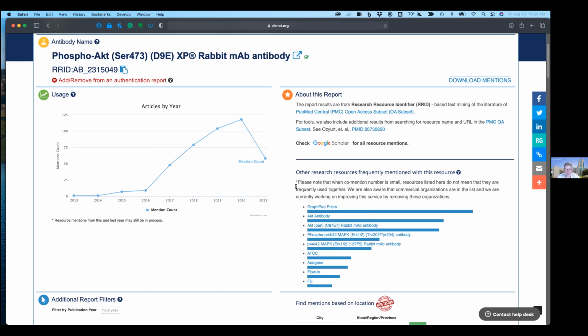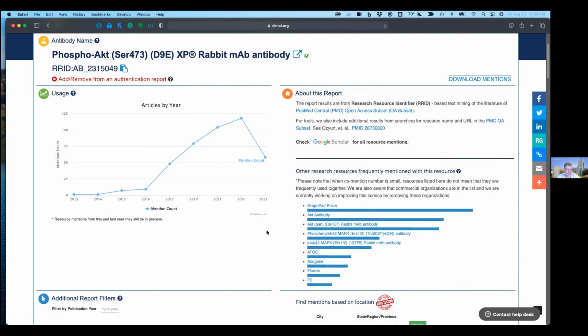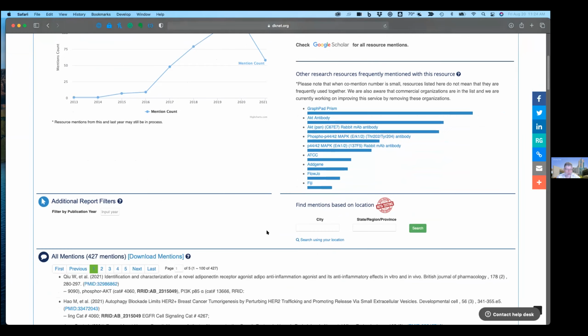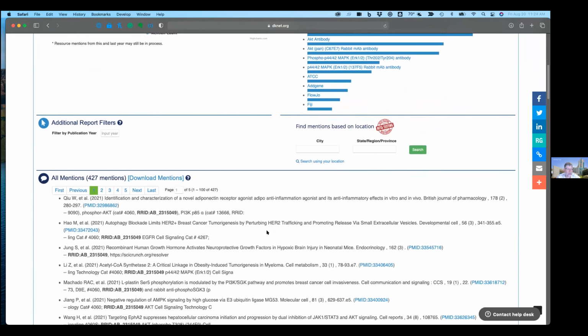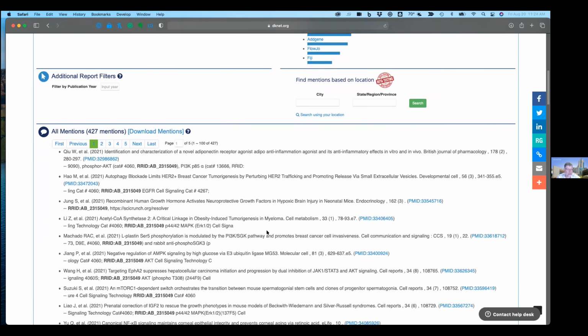So one of the things that we provide, since we're pulling information about all the different types of resources used, is that you'll notice there are additional antibodies that have been used in the same publications as this antibody. You'll notice that there are also image analysis tools being used. For example, Fiji is an image analysis tool. And so you can also see what other resources were mentioned. But then when you go down to the actual mentions, we'll list